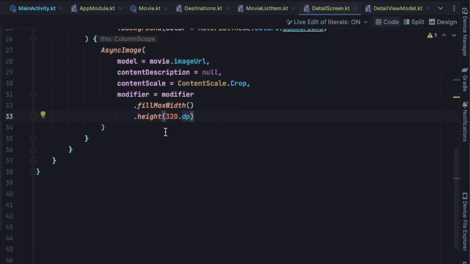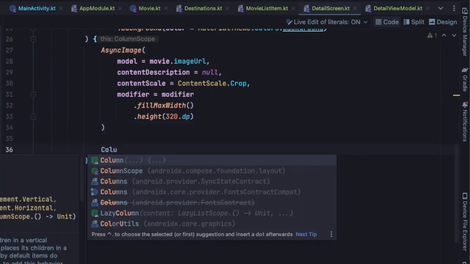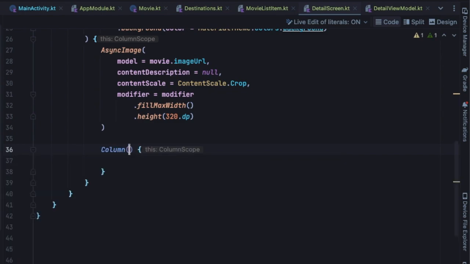Below this async image I will need one more column for the title, the button, the release date, and the description. So this will have a modifier